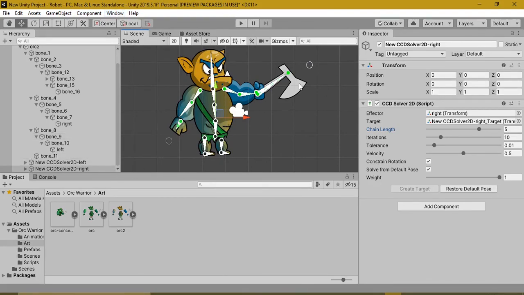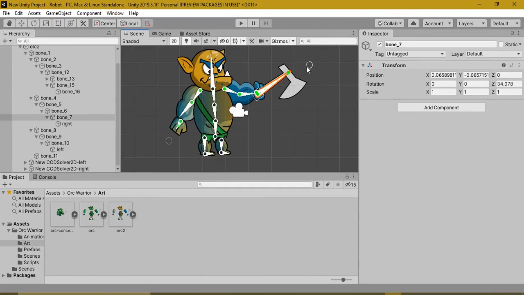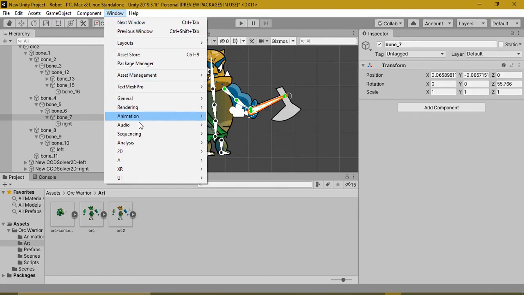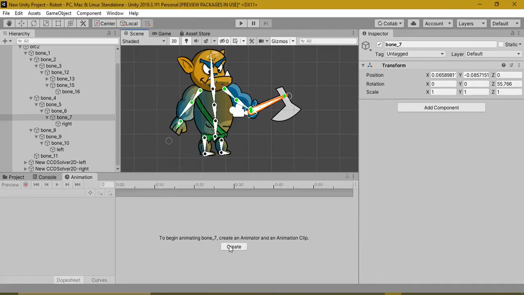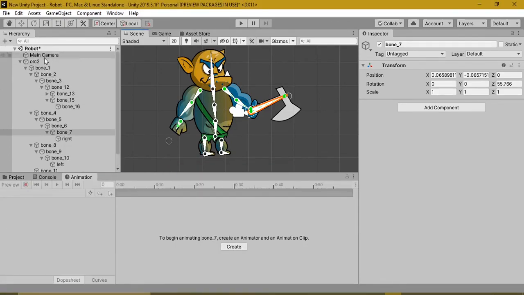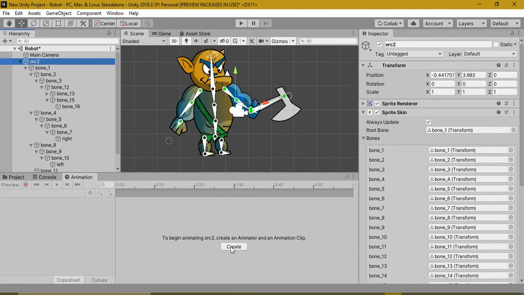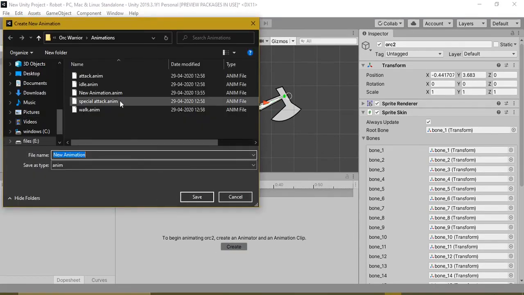Now I'll animate this ogre for an attack, but that is basically a swing of an axe. I'll go to animations, animation. I'll animate the ogre too. I'll hit create.